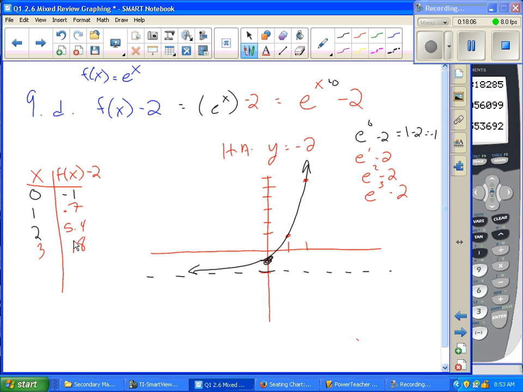Okay, and then comparing this with your graph of A, what changed? What was that? Down 2, okay. So down 2, or I could say vertical shift down 2. Did anything else happen? No. Okay. Everything just got shifted